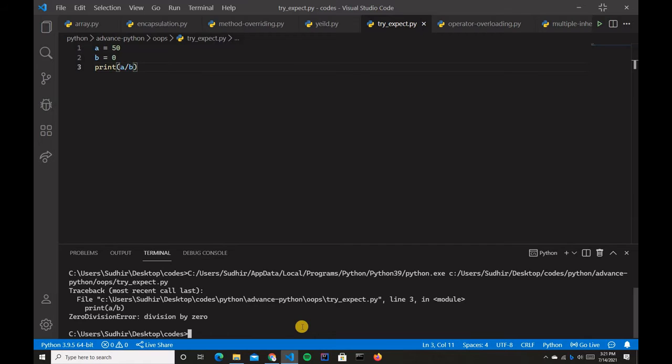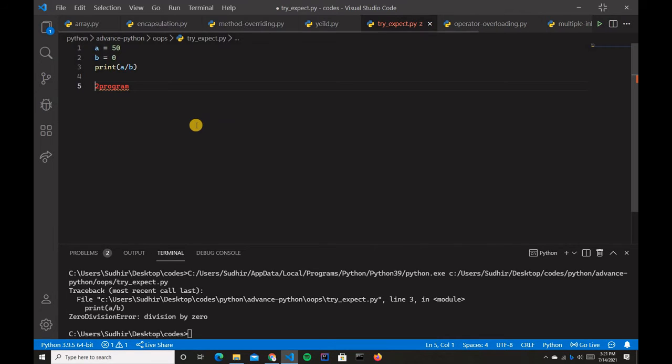So guys, now let's write some code, and here I will type second program. After that you have to create a function, and that function name is going to be divide, and then you have to type x comma y.